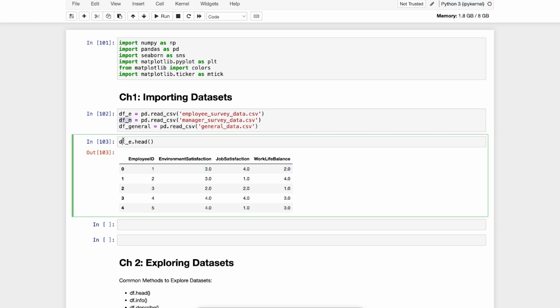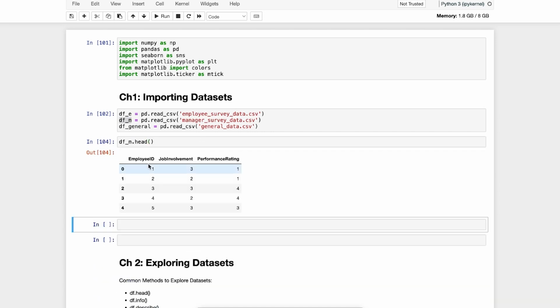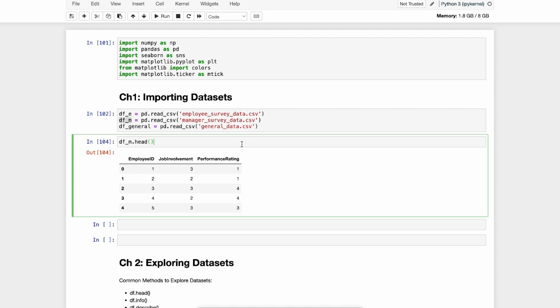So now let's take a look at the df manager, which is manager survey data, and see what that shows. Here we have a similar format of employee ID and also job involvement and performance rating. And this is most likely the survey that the manager gave out to the employee on how they're performing and also how involved they are with the job. And lastly, we have the